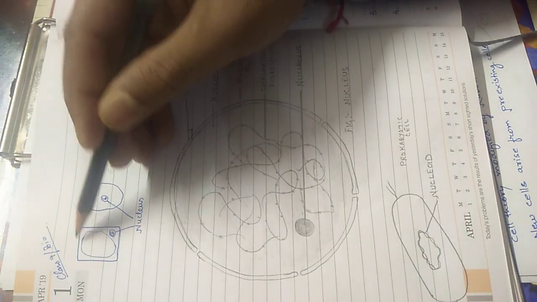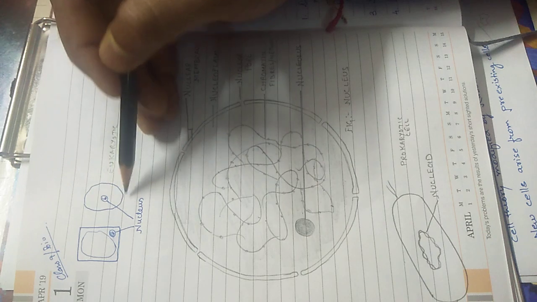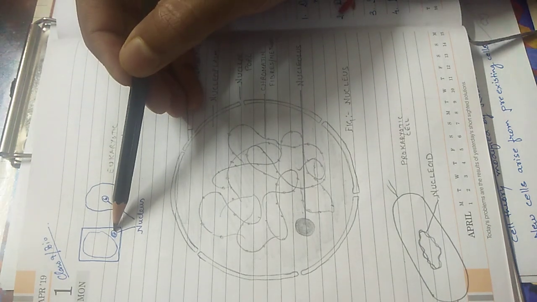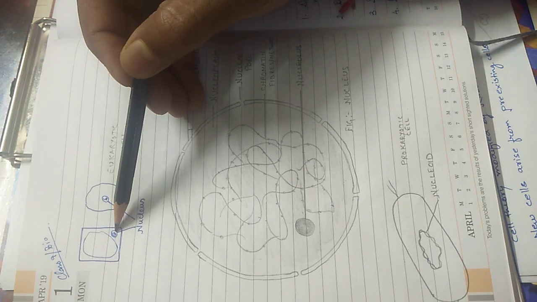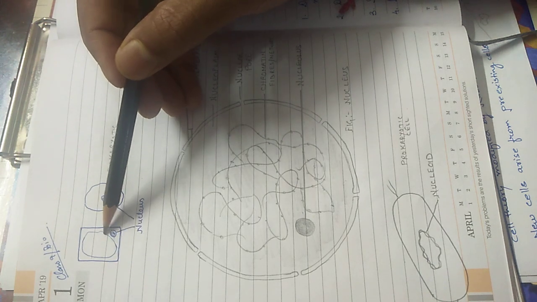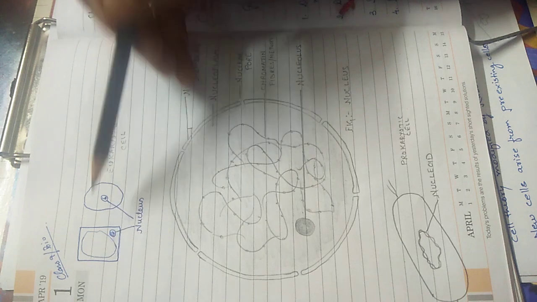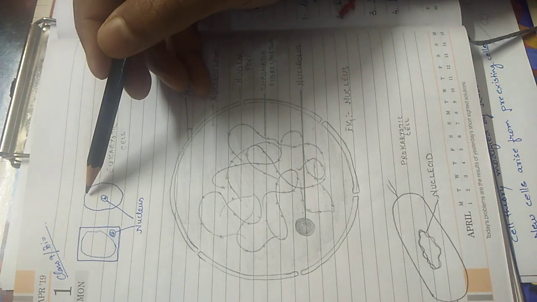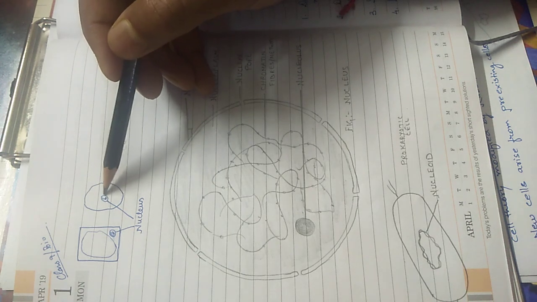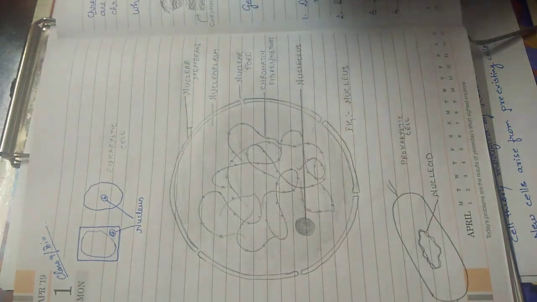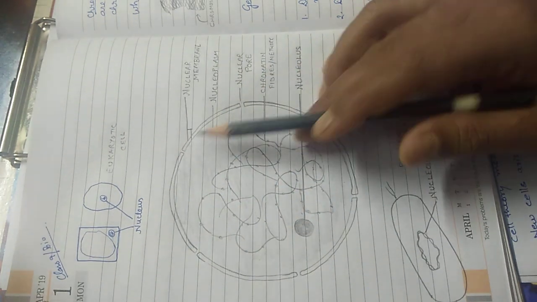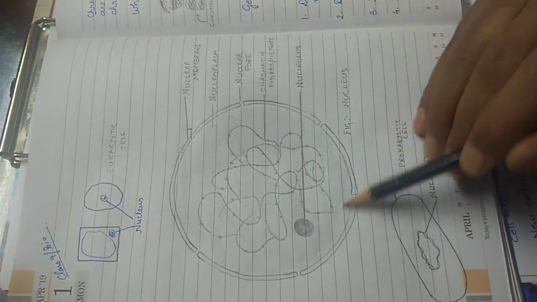Now there is a typical plant cell, there is a typical animal cell. So if you can see in the diagram, in any typical plant cell, the nucleus is generally located towards the corner because most of the space is occupied by the vacuole. But in case of animal cell, vacuoles are either missing or they are very small, so the nucleus occupies a central location. Whatsoever, a typical nucleus has got a double membrane covering.